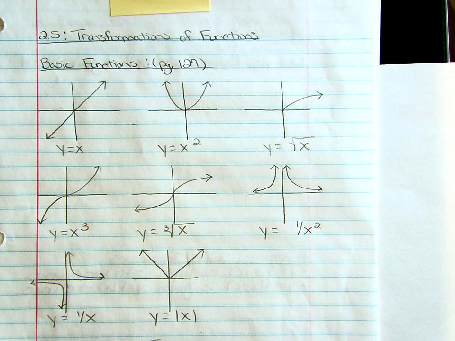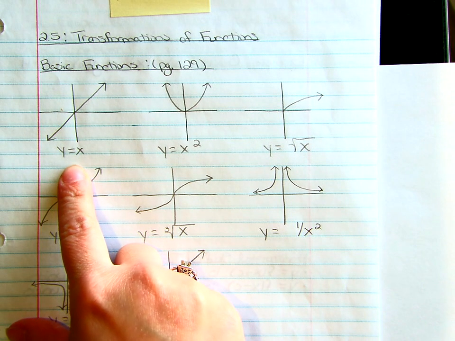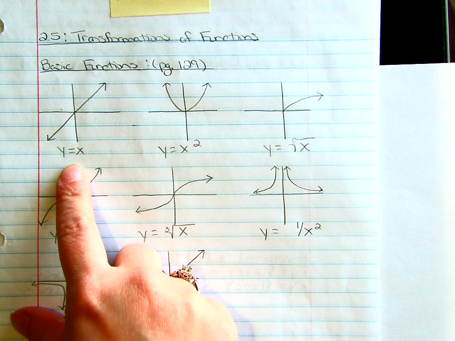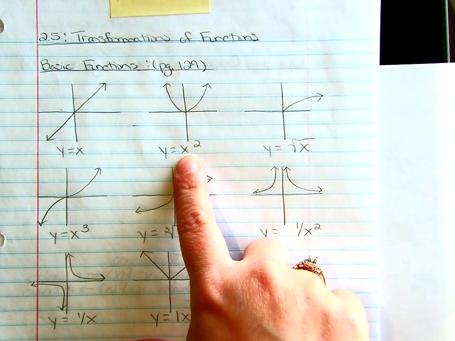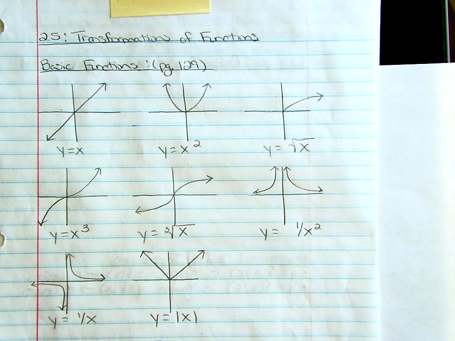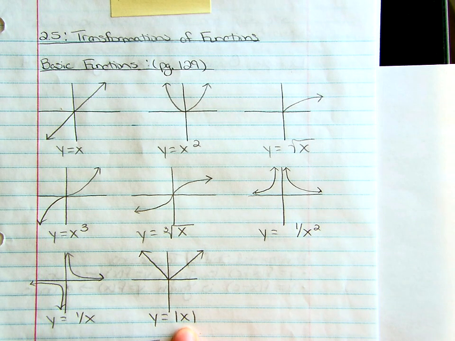Notice these are very generic graphs. There's no little tick marks to show you the value at 1, 2, 3, and 4. But what it does is it gives you a general overview of what this function is doing. And so if I see something that looks like y equals x, I know that's going to give me a linear function. It's going to give me a line. And I know what that looks like in my head. If I see something that has an x squared, I know that's a quadratic function, and it's going to give me a U that either opens up or opens down. But then I know a general idea of what it looks like. Absolute values always look like a V. And so that helps me just to have a very basic picture in my head